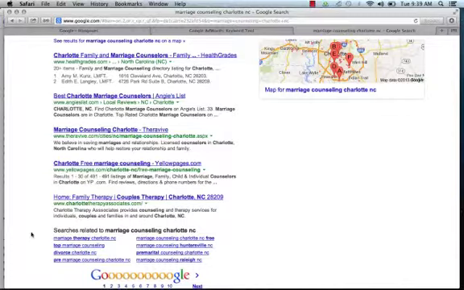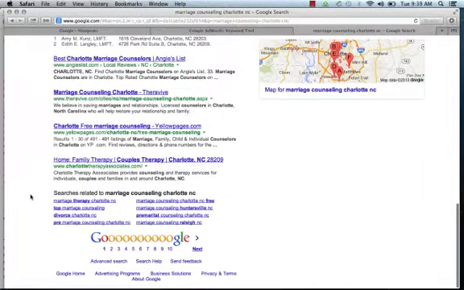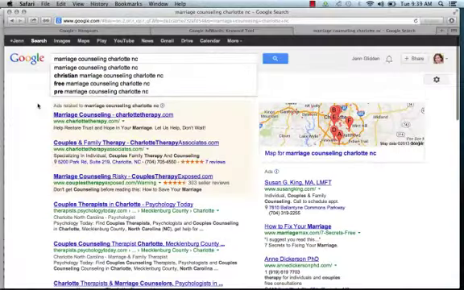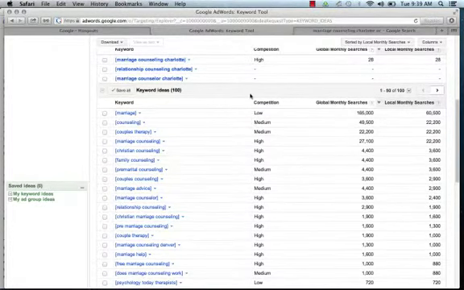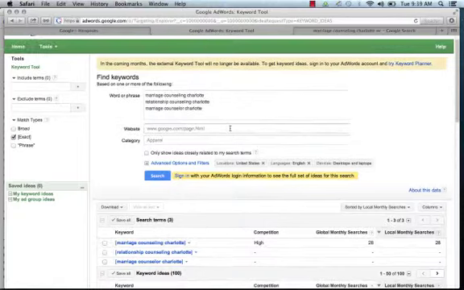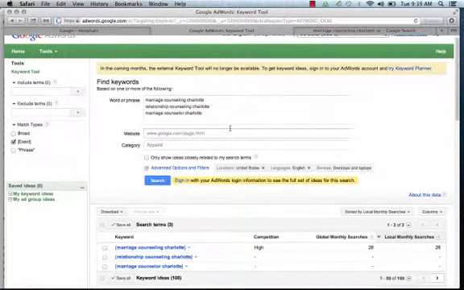And they've been there for years now. So getting to the top of local search can be pretty straightforward depending on what you're up against. But this training is just meant to give you an idea of how to do your keyword research, especially for a local business. If you're doing it for just a general term, let's say we took the Charlotte back off and